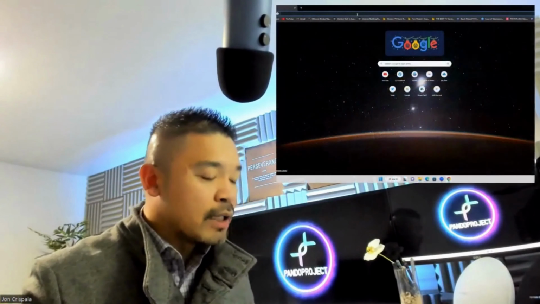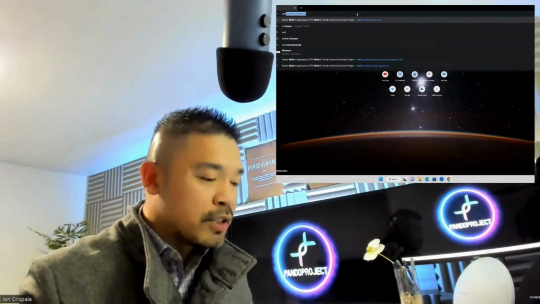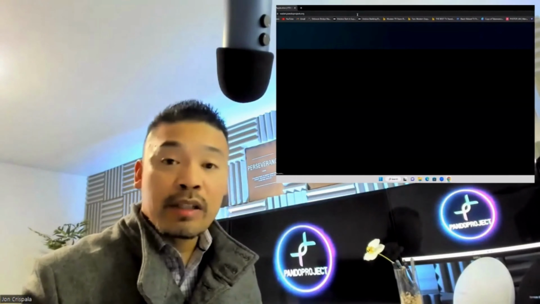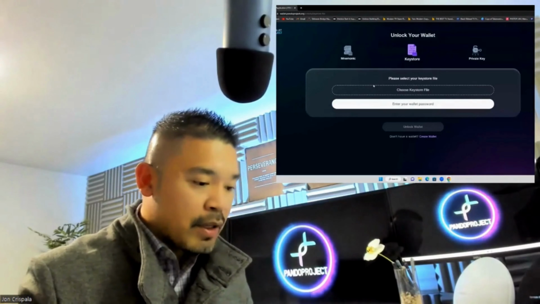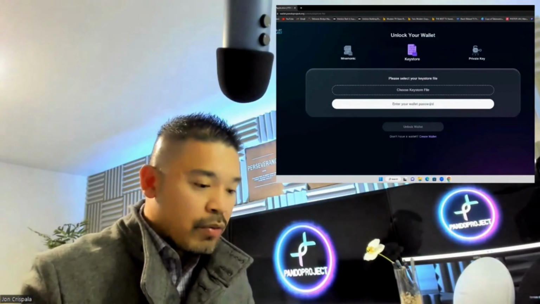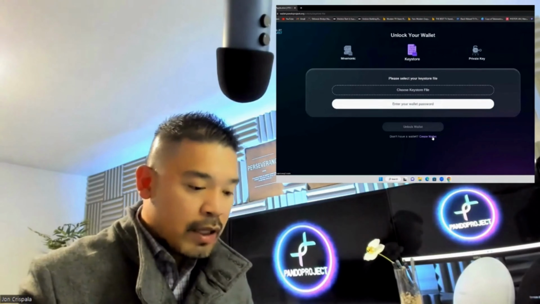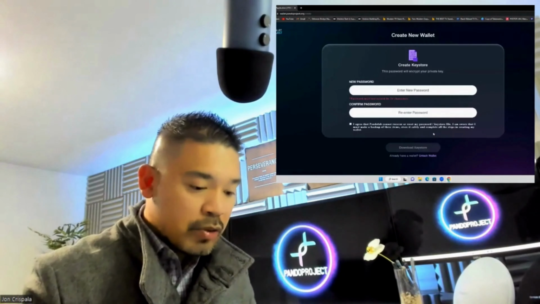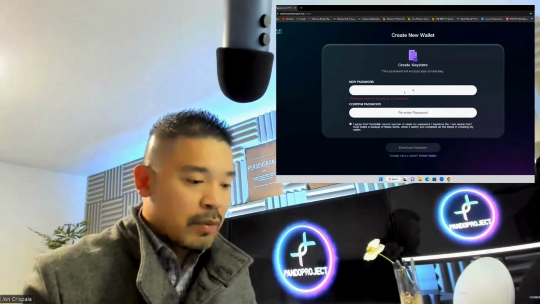So one of the first things that we're going to do is go to wallet.pandoproject.org, which is where you can actually download it and we can get it set up. And once you're there, you're going to click right down below where it says create wallet, and that's going to prompt you in creating